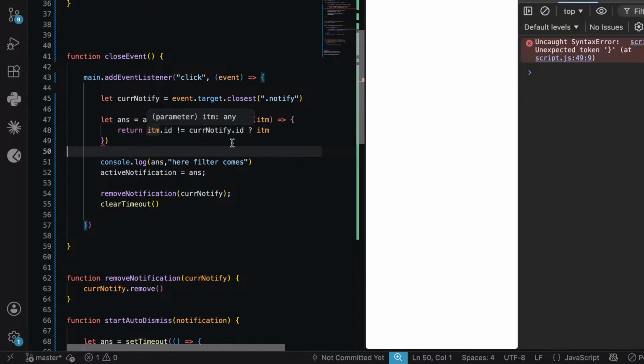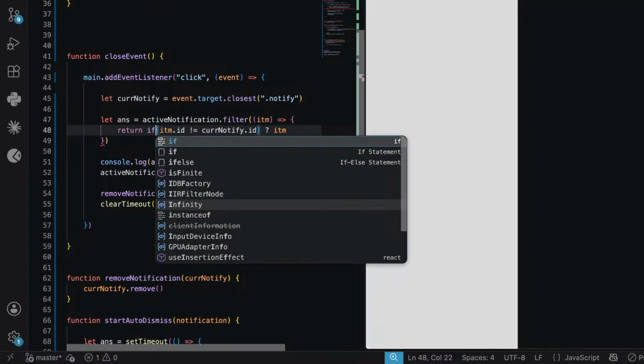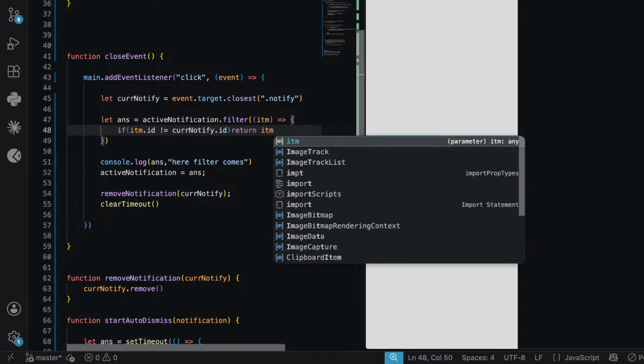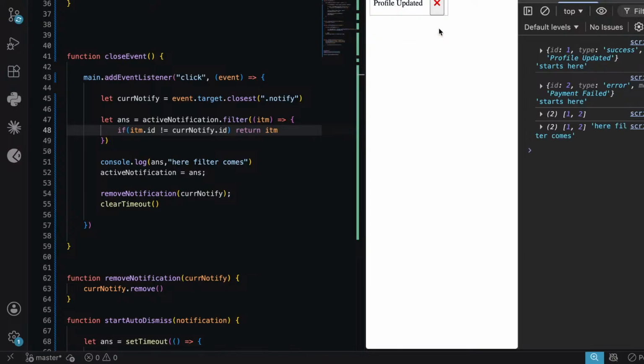Is true. Let's write like this. If it is true, then return item. Okay, I think it should be fine. If I click this